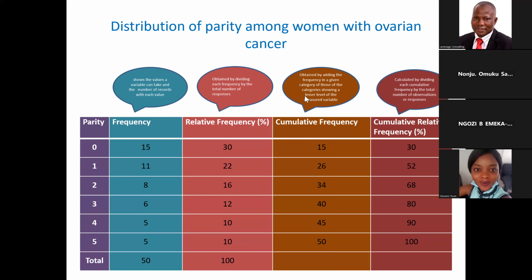So now, in cumulative frequency, instead of you look at number one, this frequency here is 15. The relative frequency of that number one is 30%. Then cumulative frequency is 15 because that's 15 that is there. But if you go to number two,